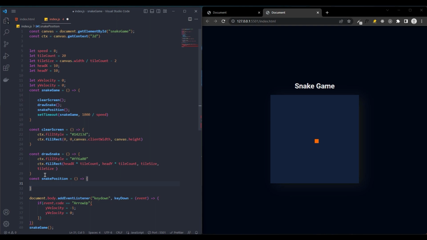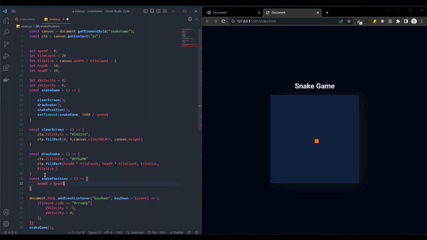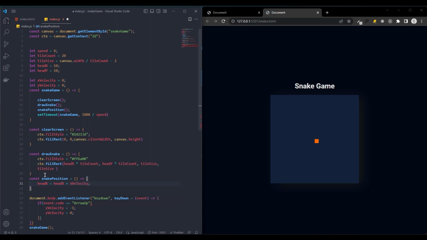And snake position will change the head X and the head Y position, so head X equals head X plus X velocity,